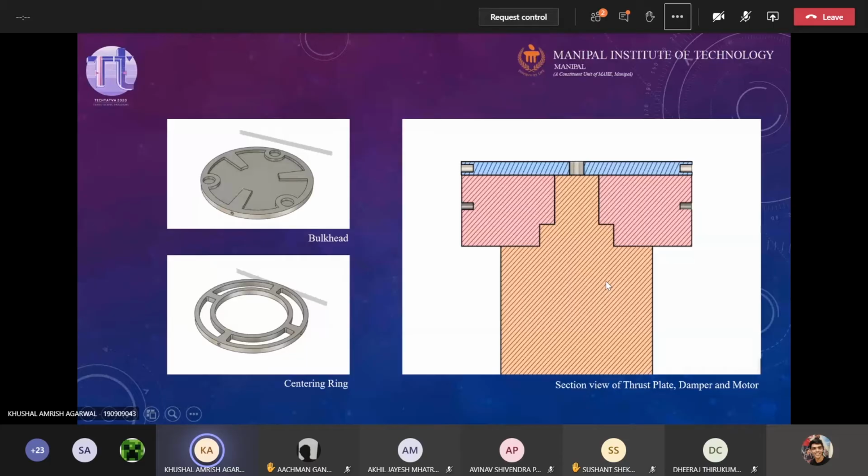The motor can move a bit because nothing is preventing its radial motion, right? So that's why I put the centering ring, so that the motor does not turn from its axis. Since we need a good compressive property over here as well as good thermal properties, we again go for aluminium 6061. So now let's move on to the OpenRocket software.